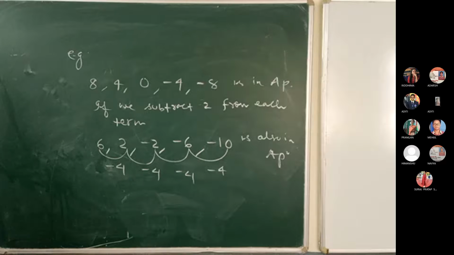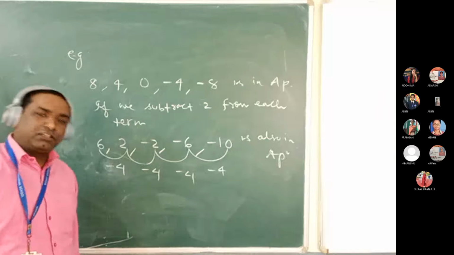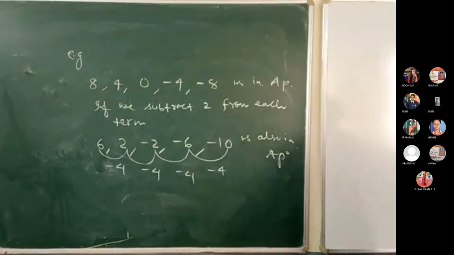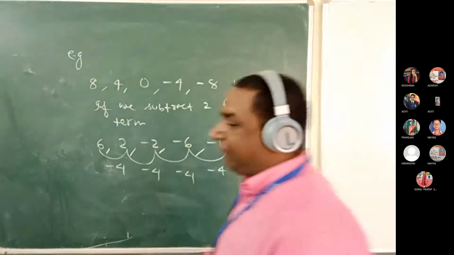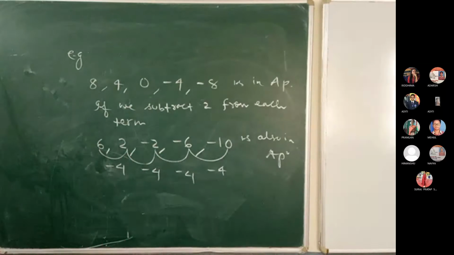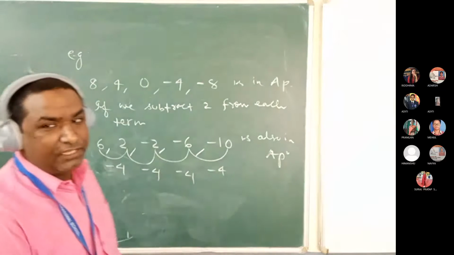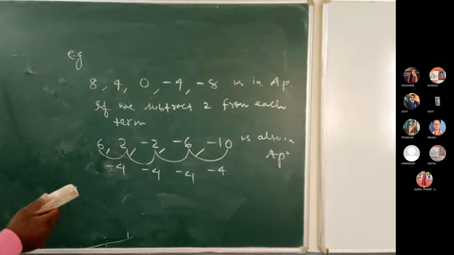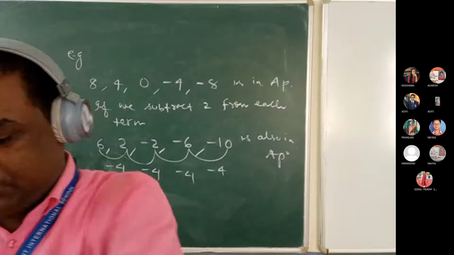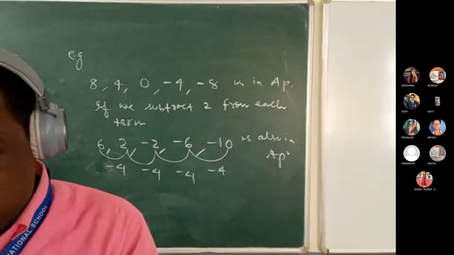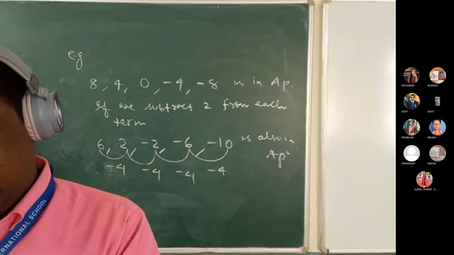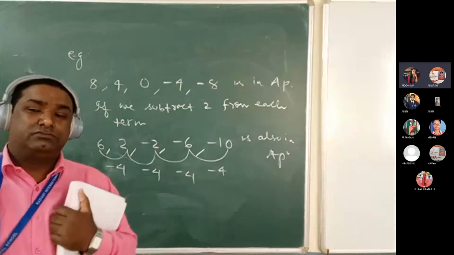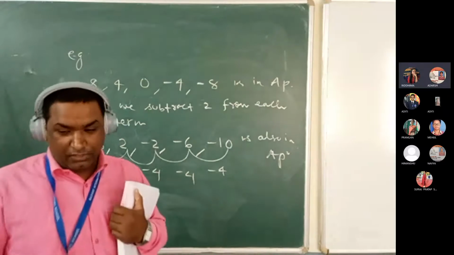Okay, so what we have observed: to each term of an arithmetic progression, if you add, subtract, multiply or divide by a fixed non-zero number, then the resultant progression is also in AP. Clear? Is there any problem to anyone? No sir. Sir, only 3 properties were written, not 4. Oh, the divide one was already written with multiply. Okay, no problem.